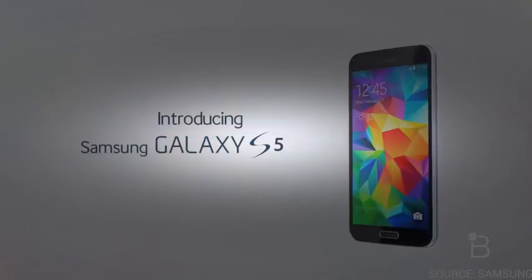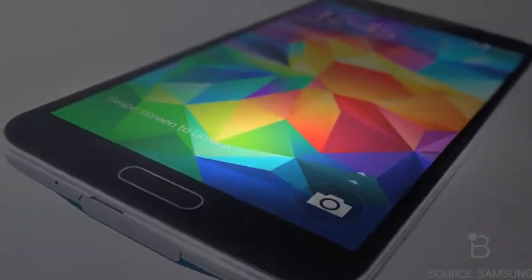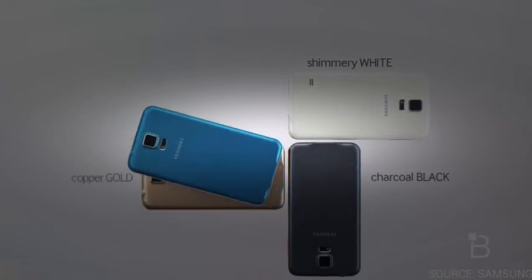outdated. The Galaxy S6 is coming, and it seems very likely that it's coming during Mobile World Congress in just a few weeks, which we will be at. So in honor of this new flagship from Samsung showing its face in the very near future, I thought I would tell you 6 things you could expect from the Galaxy S6. We're taking all the stats from recent leaks, rumors, and inside sources that we have. So without further ado, I present to you 6 things you can expect and take to the bank for Samsung's